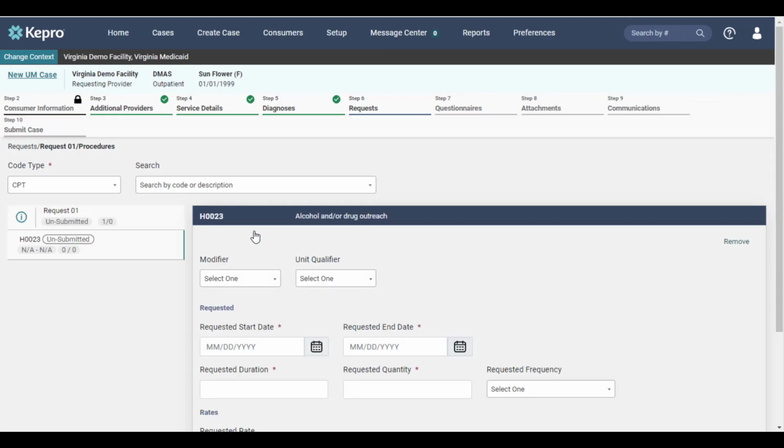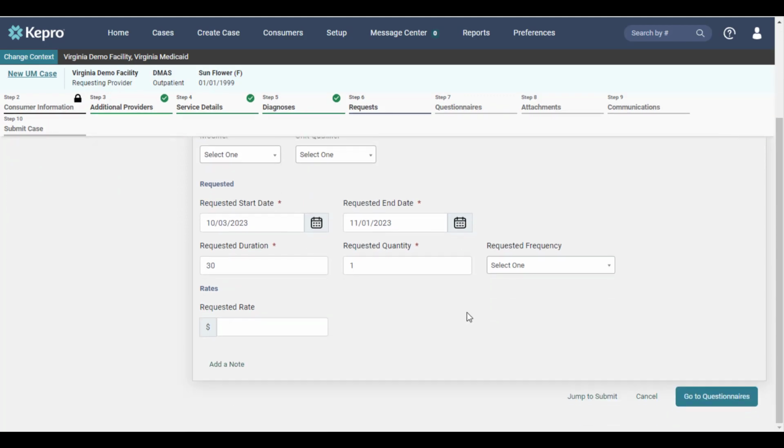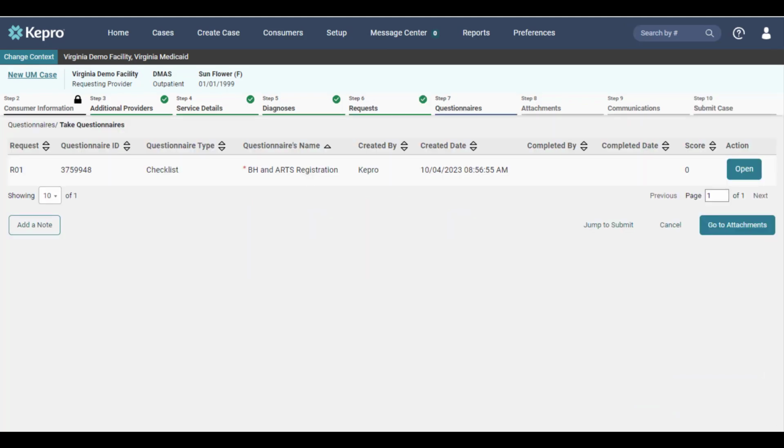The procedure code will display below in an unsubmitted status, and we will enter in the requested start date, end date, duration, and quantity. Once all the required information has been entered, you will scroll down and click Go to Questionnaires. You will complete the questionnaire by clicking Open,